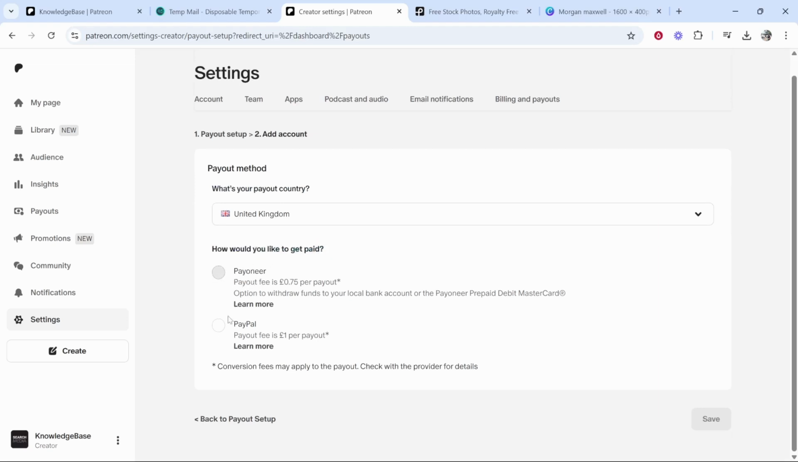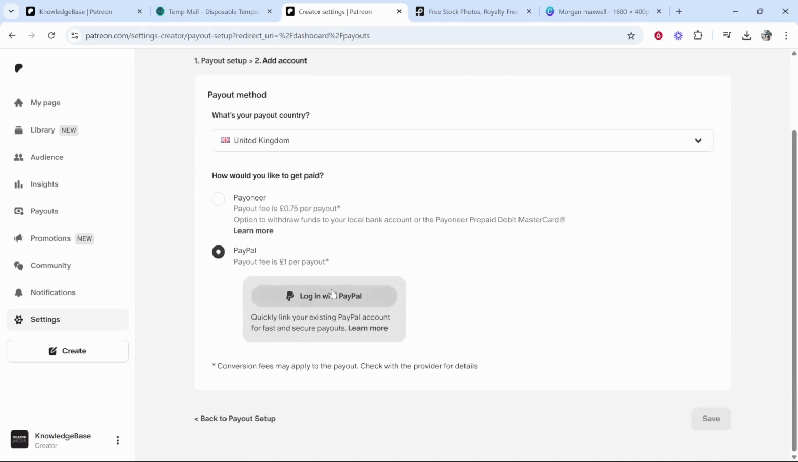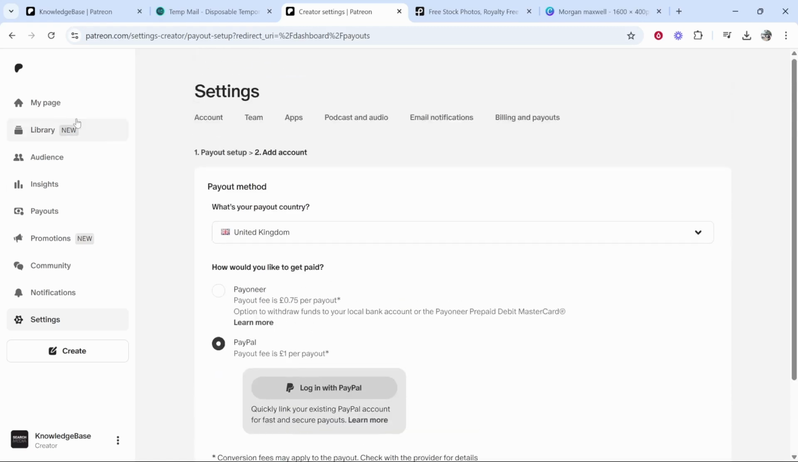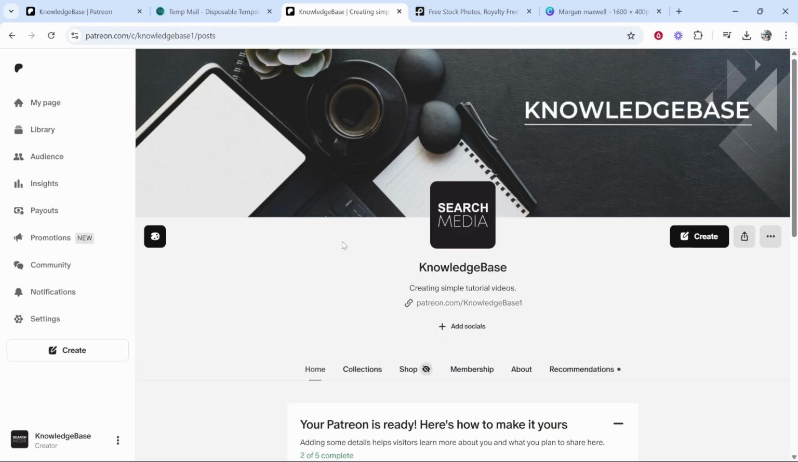You've got here Payoneer and PayPal. So I'm going to click on PayPal, and what you could do is you could then connect your PayPal by logging in. I'm not going to do that because this is just a demo account. So right now your actual Patreon page will be live. If you wanted to grab the link to this real quick, you go to the 3 dots, and then you